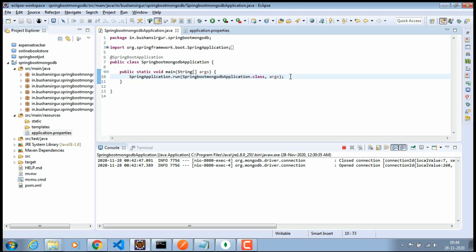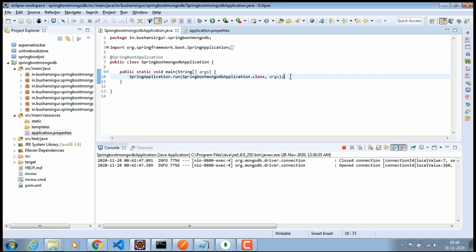In this video we're going to deploy our application to a live web server. The web server which we are going to choose is Heroku. It's a cloud platform where you can deploy Java applications. Not only Java, you can also deploy other languages as well, but for now we are going to stick to Java.